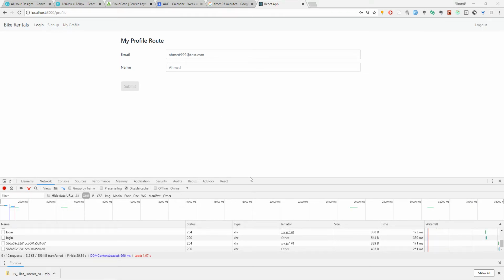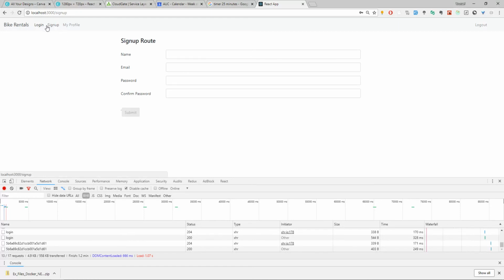Let us now check if we log out whether this my profile tab would appear or not. Ideally this should not be appearing if we logged out. So it is working. Another thing that we could add to our app is that after logging in,